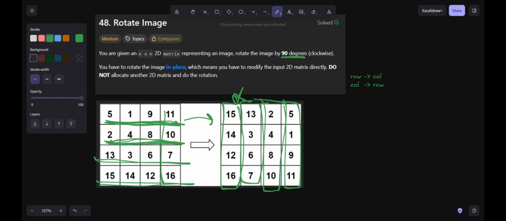So these rows are becoming columns, but not the same corresponding columns they would become in a transpose. By observing this pattern, rows becoming columns and columns becoming rows, but the first row becoming the last column, the second row becoming the second last column, we can say that we can make